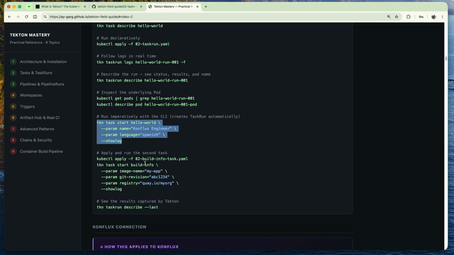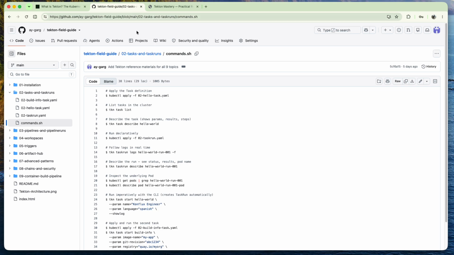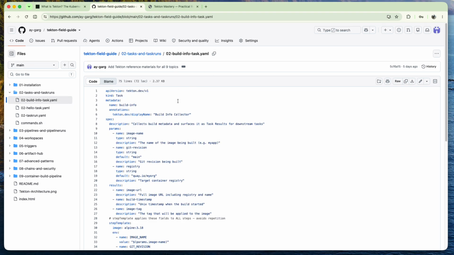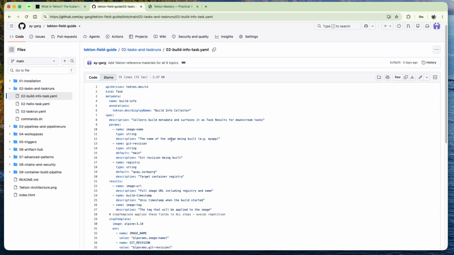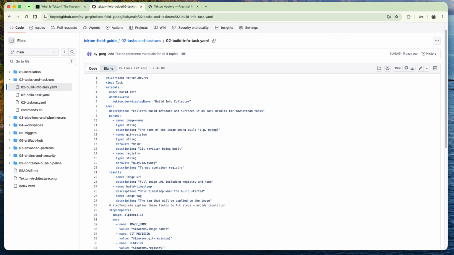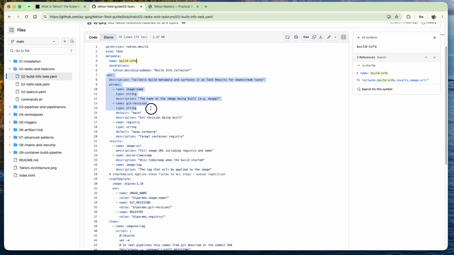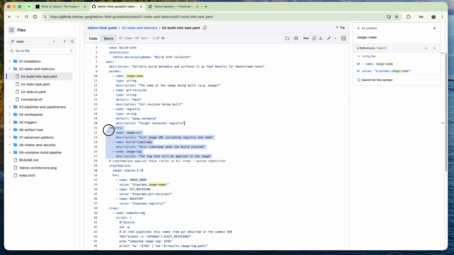Okay, and now moving to another YAML file, the build info task. Let's get back to the same repository and open this YAML file, build info task.yml. Basically, in this YAML file, complex steps are there for sure. Again, the syntax remains the same, kind is task, name, and those labels and everything. In the spec section, we have passed certain parameters. 3 parameters are there: the image name, the git revision, the registry, and it provides 3 results now: